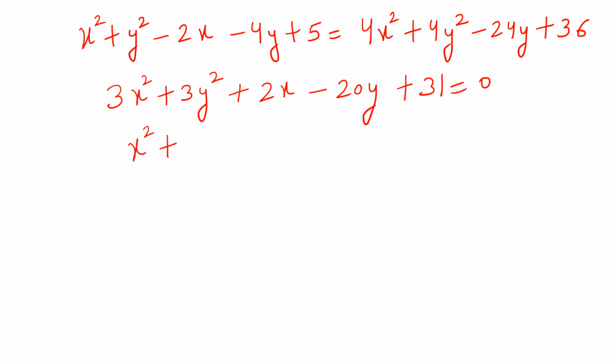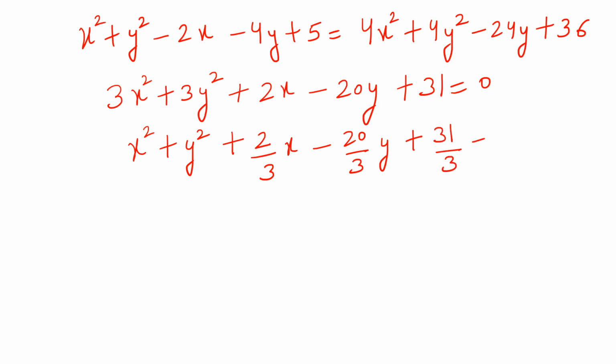So it becomes x square plus y square plus 2 upon 3 into x minus 20 upon 3 into y plus 31 upon 3 equal to 0. Now students, clearly this is an equation of a circle with center at minus 1 upon 3 comma 10 upon 3,